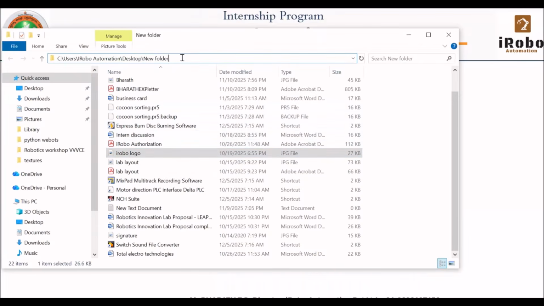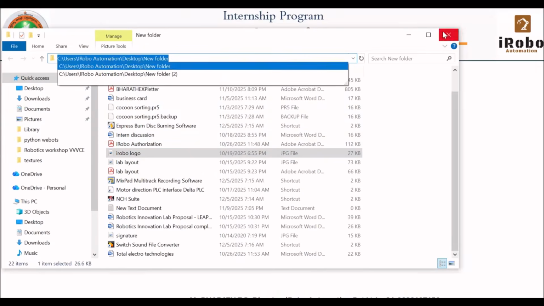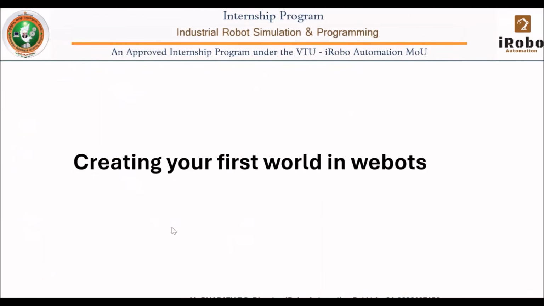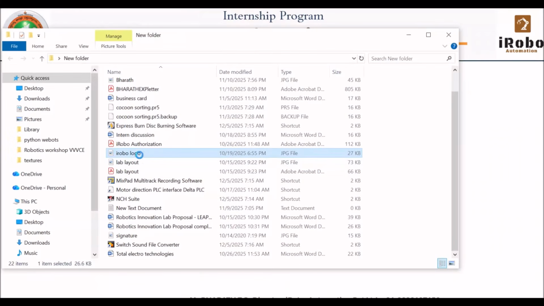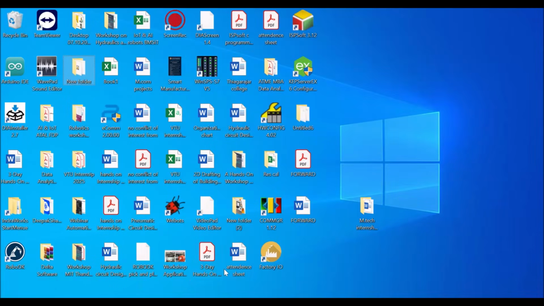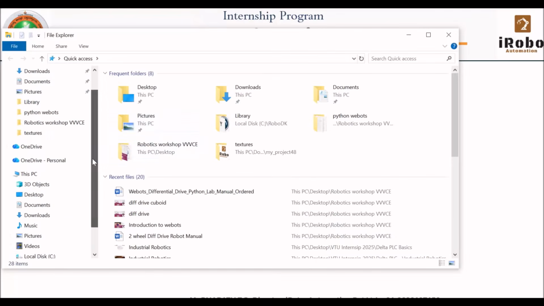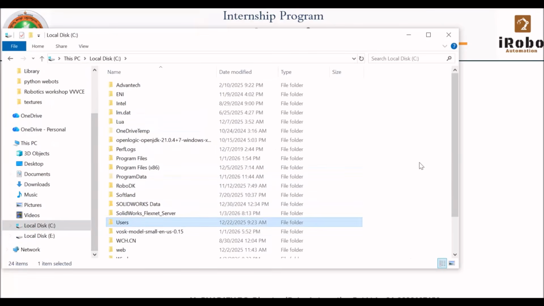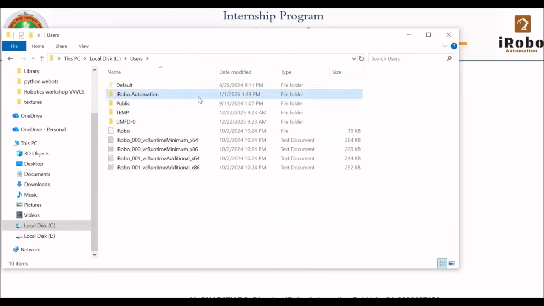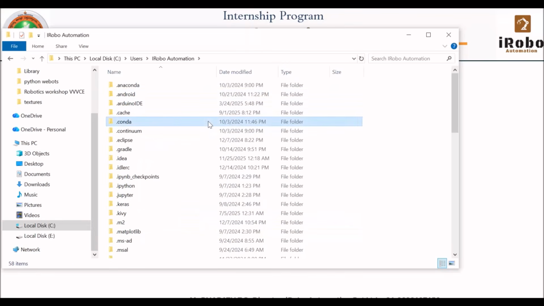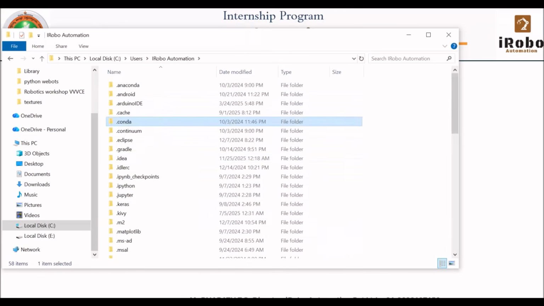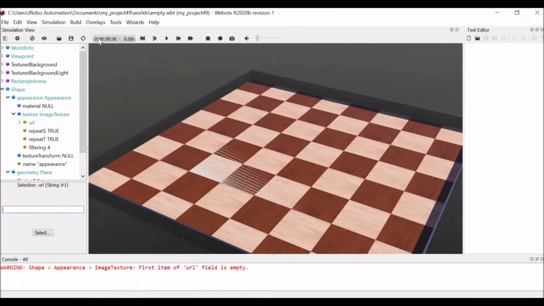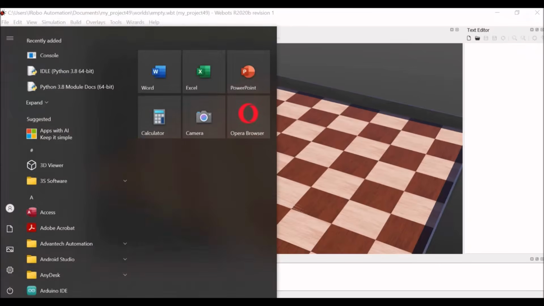So in the location, this logo, I'm going to copy this, and where our projects are stored, for example go to C drive, users, iRobo automation, then, one minute, we go into the location where, okay, iRobo automation documents, my project,